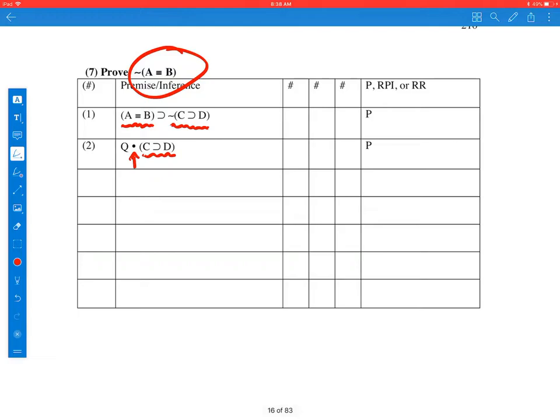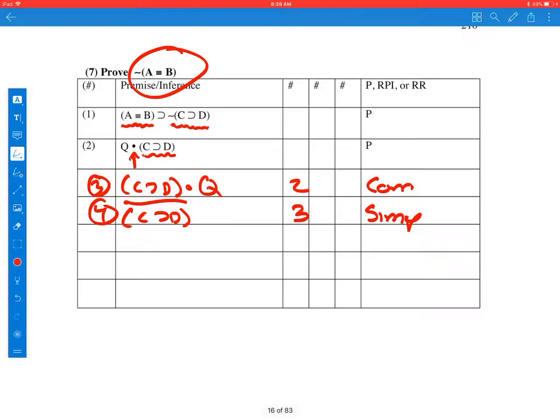It's in an and. Now, people might be tempted to simplify, but remember our simplification only allows us to simplify to the left conjunct. So before we can simplify, we need to move the if C then D to the left-hand side of the conjunction. This came from 2 by com. Then we can simplify, get C then D from 3 simplification. And now look at 1 and 4. Now we can do our modus tollens, and we get not A if and only if B from